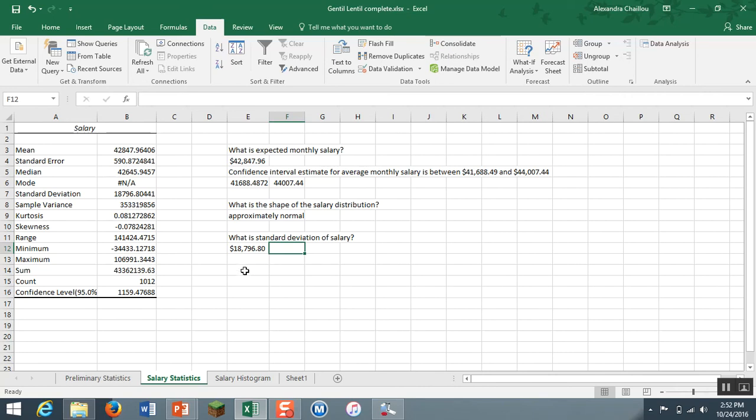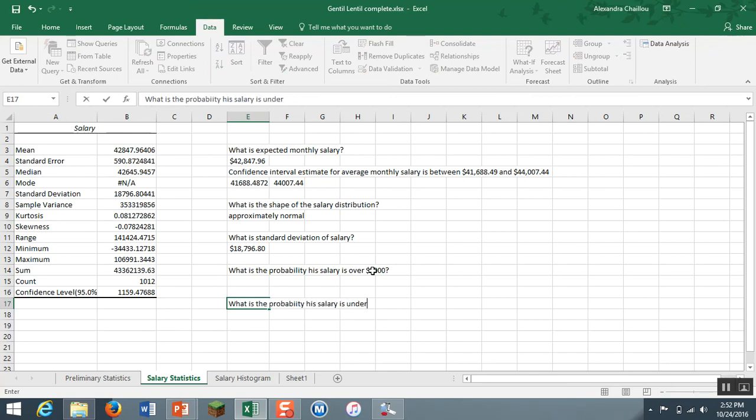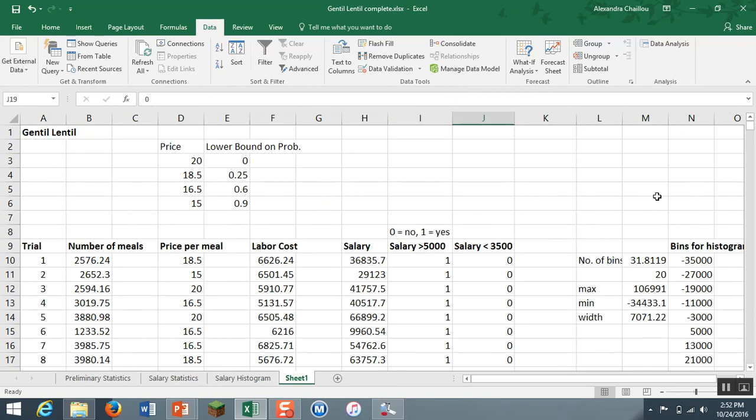prospect. The last things we wanted to look at were: what is the probability his salary is over $5,000, and then what is the probability his salary is under $3,500? Right? So if we go back to our salary information that we had over here,